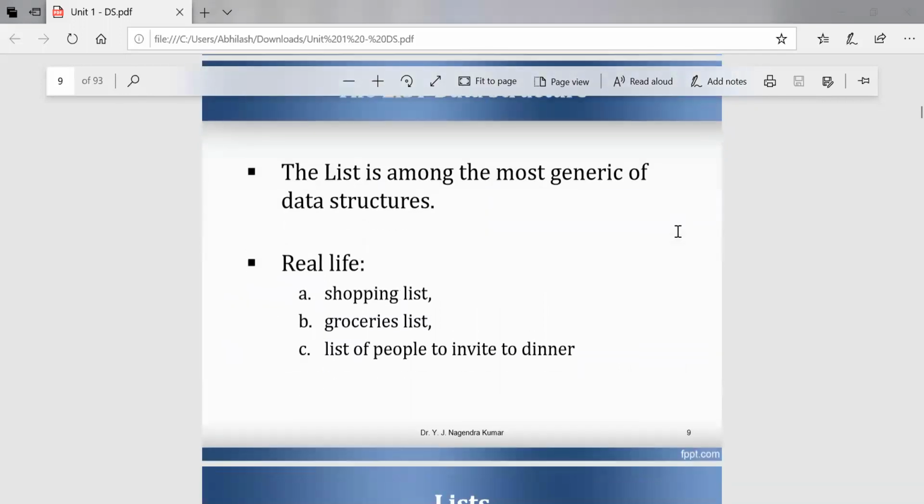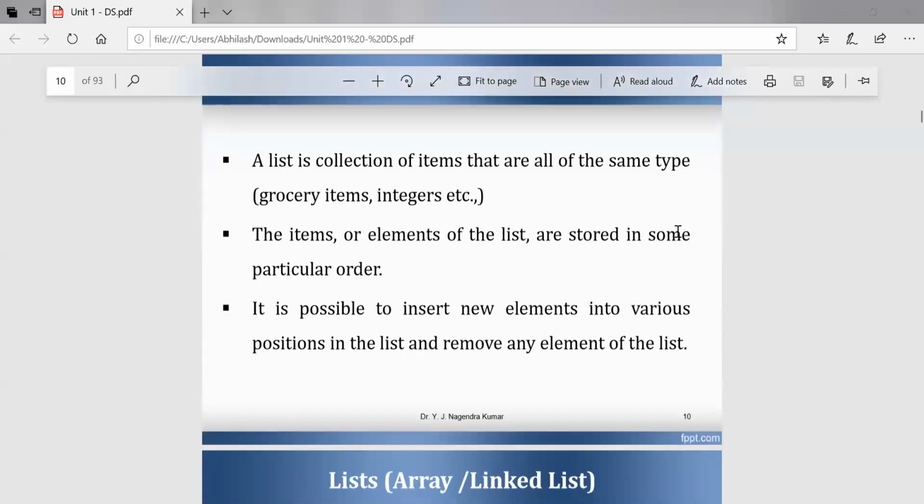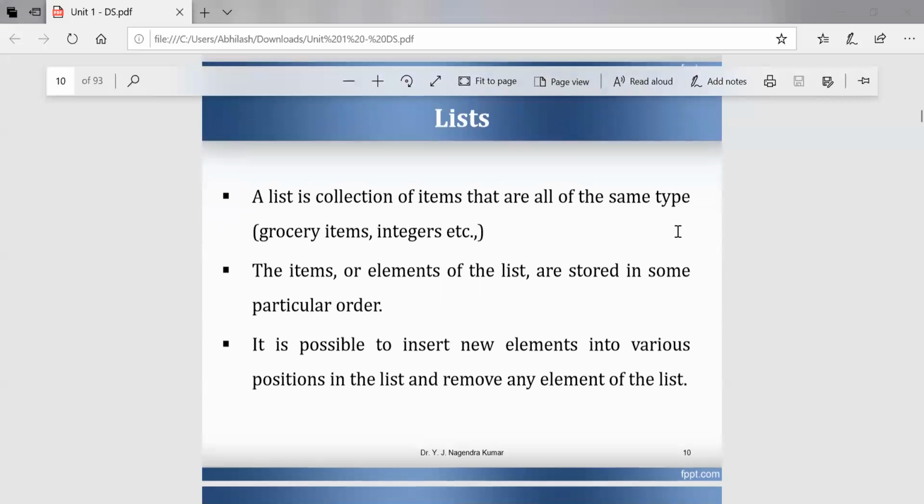The next one, list data structure. A list consists of a set of elements. In real life, we can see a shopping list, a groceries list, and a list of people invited to dinner. There we have to collect a set of elements, and these elements we can call a list. A list is a collection of items that are all of the same type.